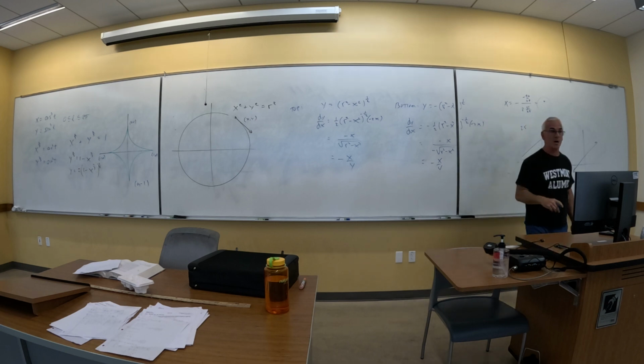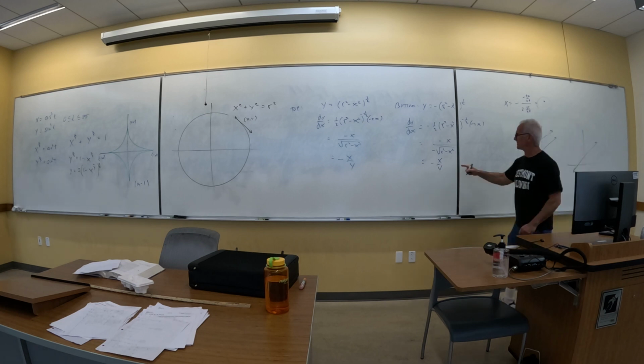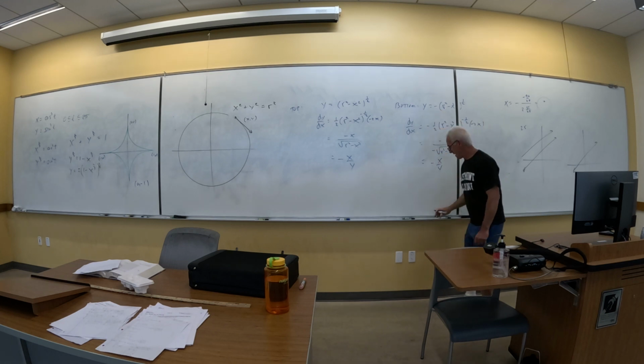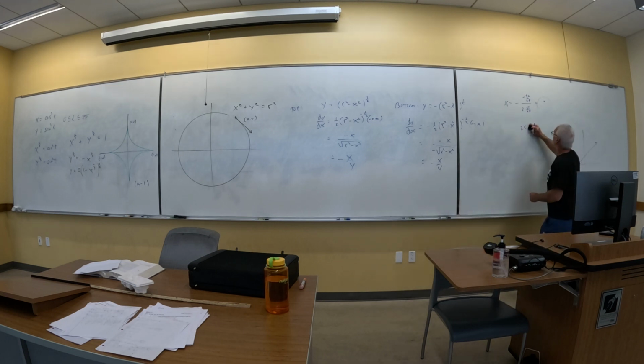So if I did top half, bottom half as separate entities completely, I got the same answer, didn't I? In both cases, I got negative x over y. But wait a minute, this has got 2 negatives and that's got 1. Yeah, because that's still the same thing. Now, if I'd done it implicitly, which is actually the most efficient way,